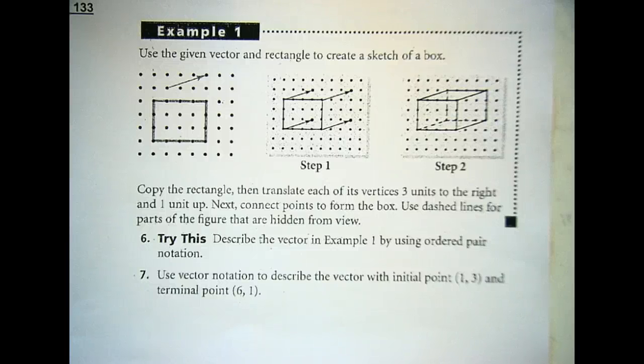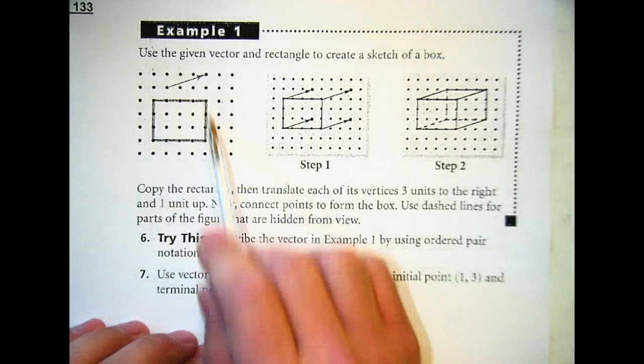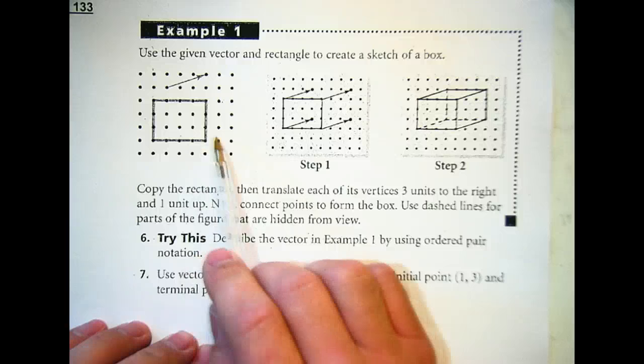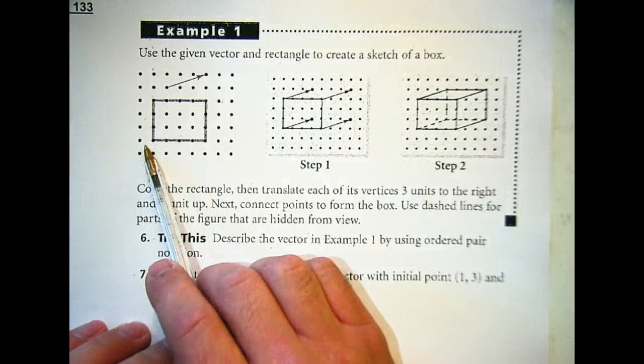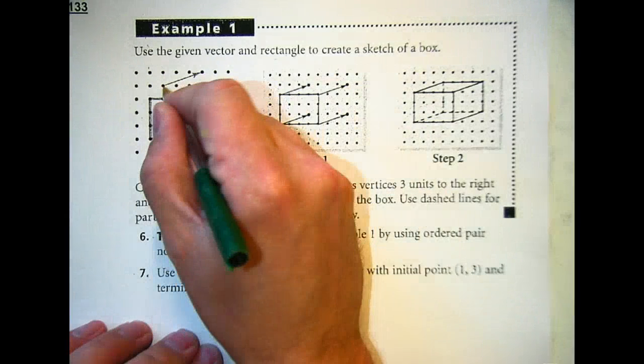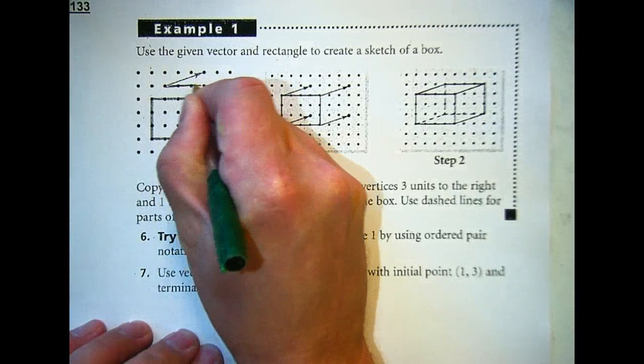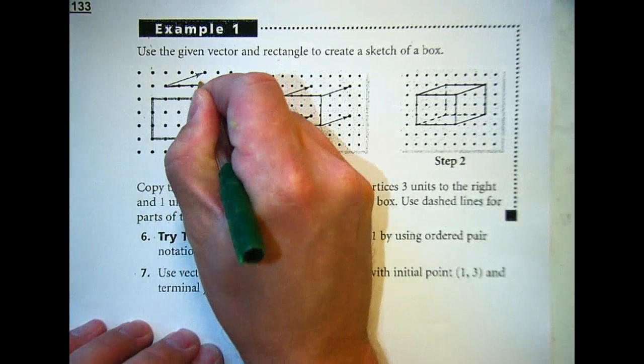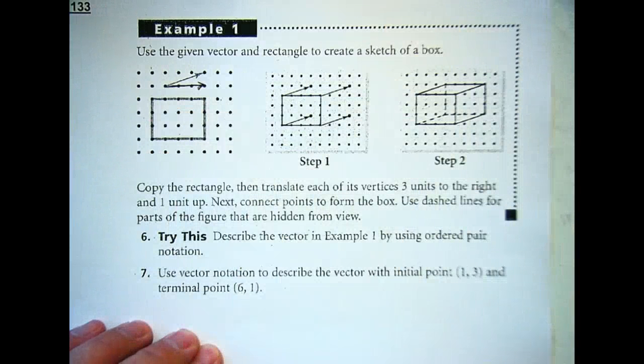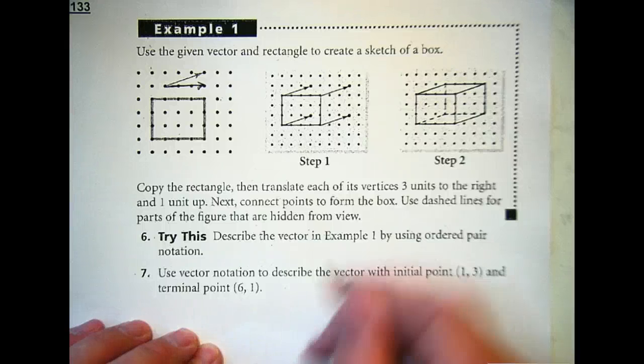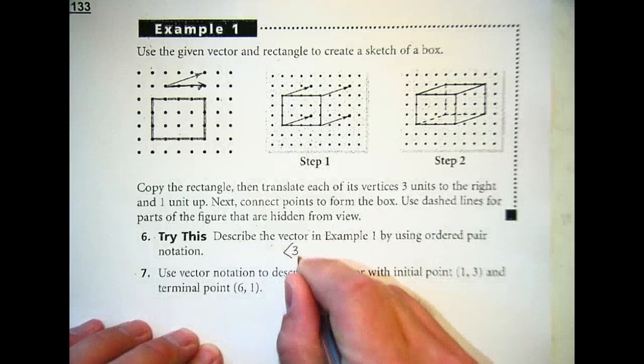Okay, so for those of you that were sitting there just staring at it and have no idea even where to start, the first thing you should do is just start describing what's happening. So I moved this original rectangle, how far to the right or left? I moved it 3 units to the right. Okay, so if I'm moving 3 units to the right on the x-axis, is that a positive or negative 3? It's a positive. So that represents a 3 like that.